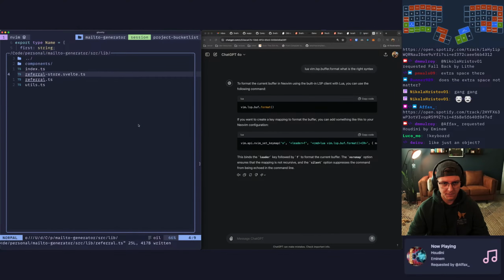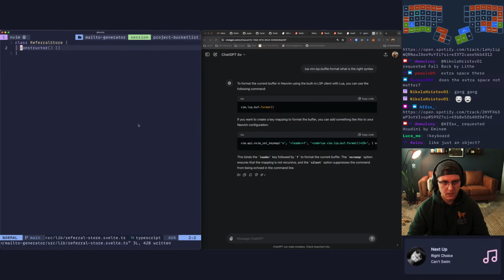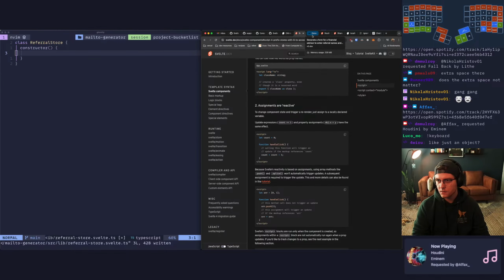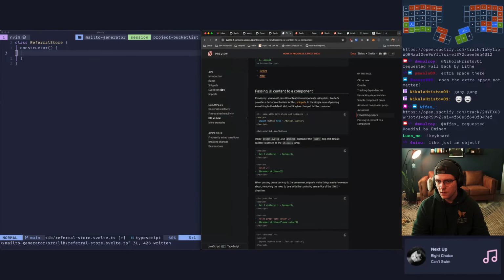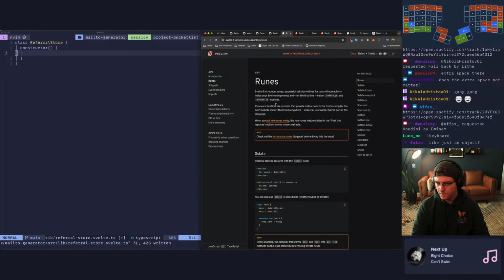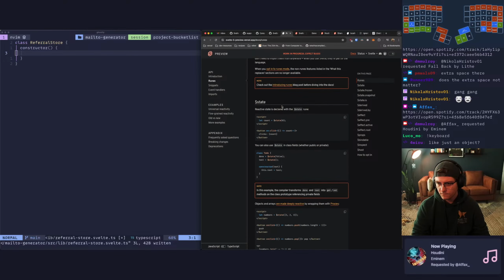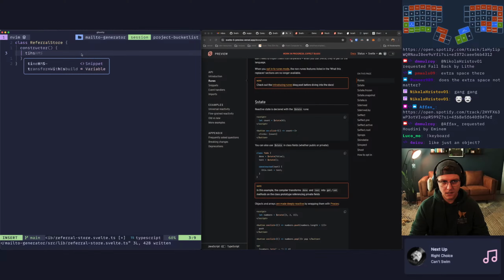Then we can come to our referral store, and this is where we get to do some interesting things. So let's pull up the Svelte docs. I want to go to runes.